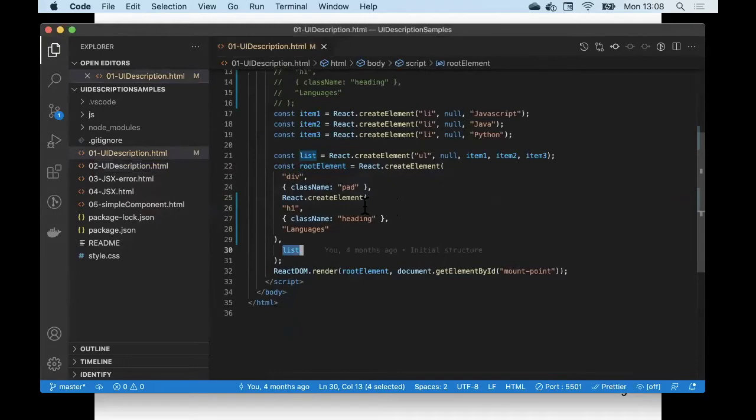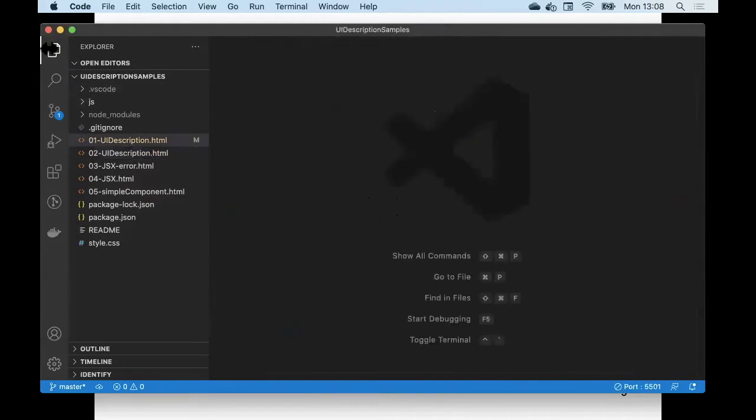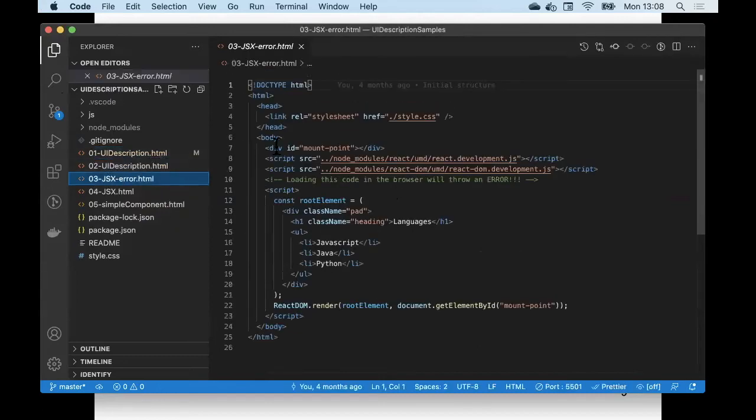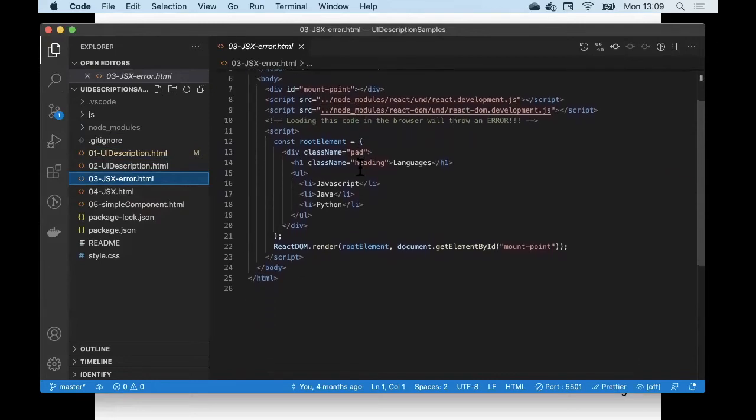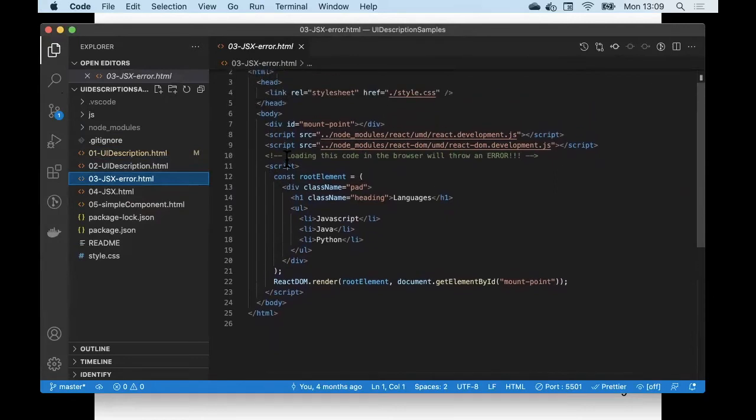Let's close off these guys. So our objective is the exact same now as before. We want our header and our list of languages, but we want to use JSX this time. And here's our embedded JavaScript code. And really JSX, what am I doing here? Sorry, I'm declaring